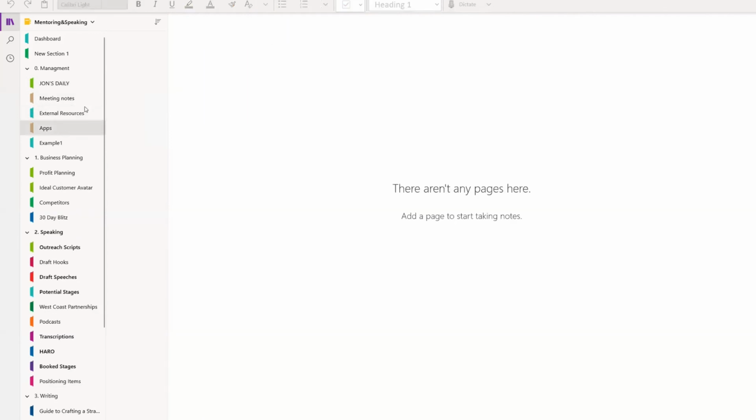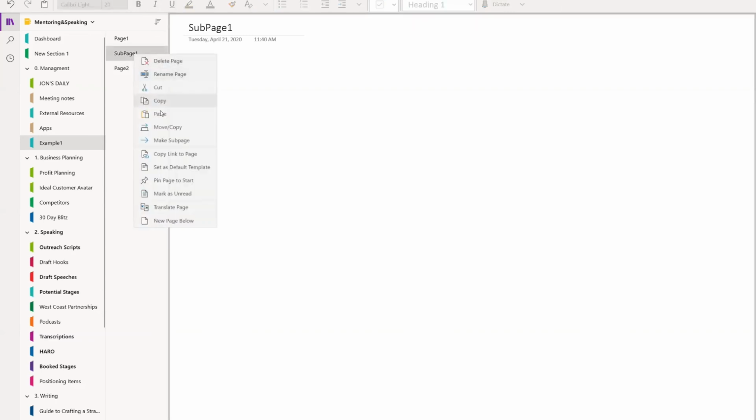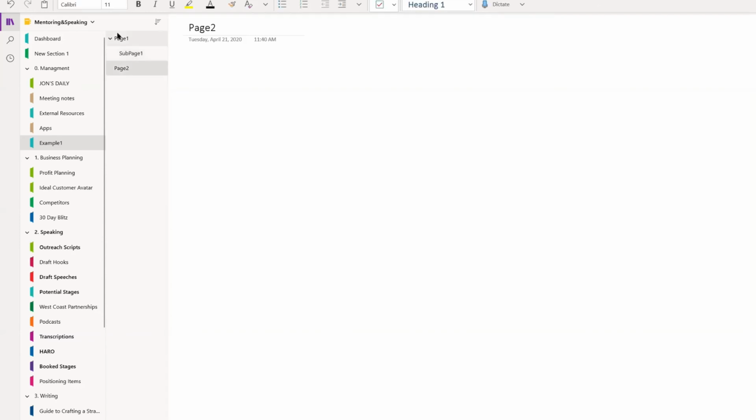So for example, in my example, I've got a page. Add page 1, new page, sub page 1. Add page 3 or page 2 before I subordinate that sub page 1. And the nice thing about this is you can hide. So I'll take you through some of the stuff that I actually use.